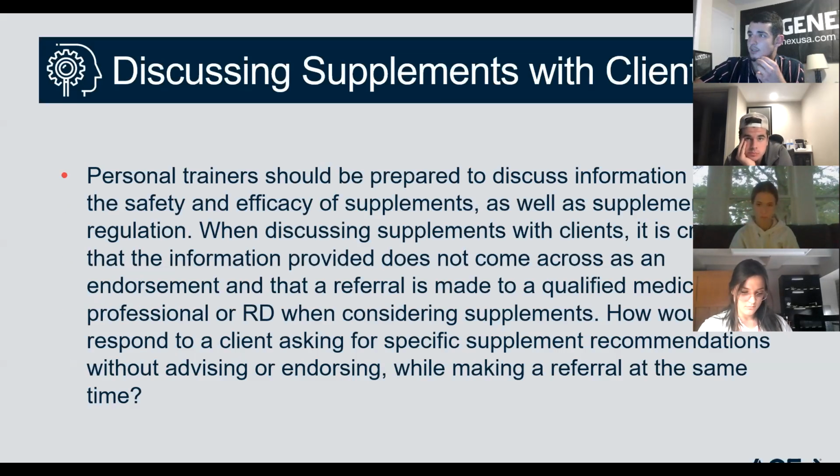And basically what we just talked about, we have to be really careful about what we say, but people are going to ask the questions, so it's nice to be able to have some answers. Right? They need to consult their doctor when they're doing things like this, and that even says that on the supplement bottles and whatnot.